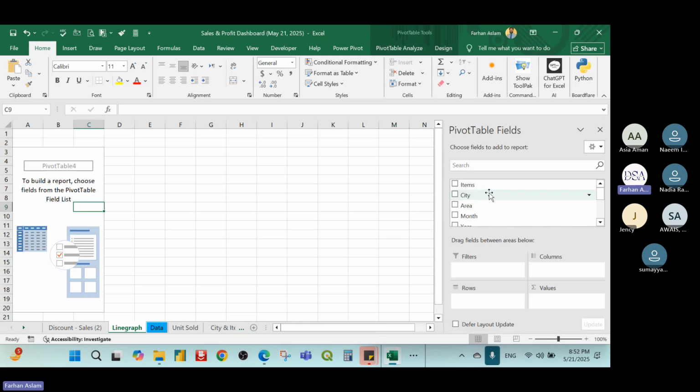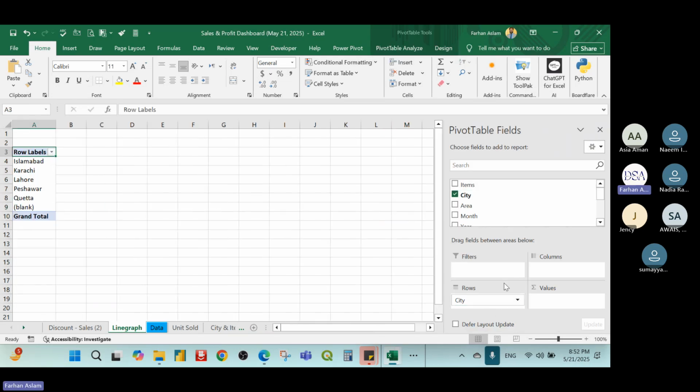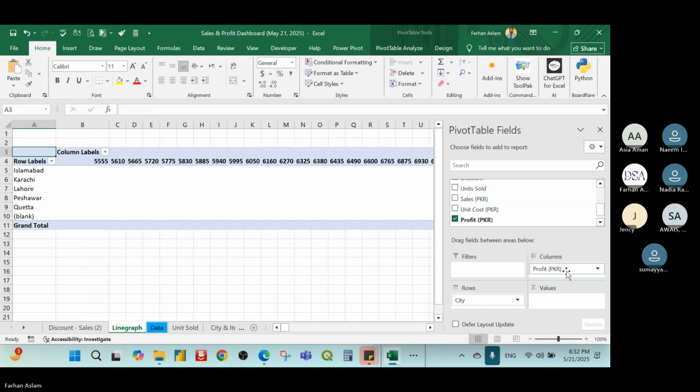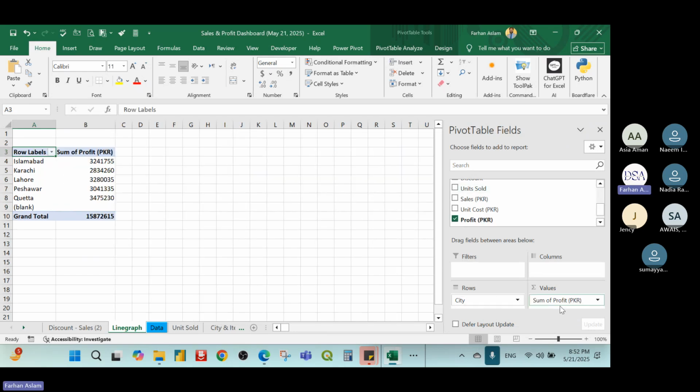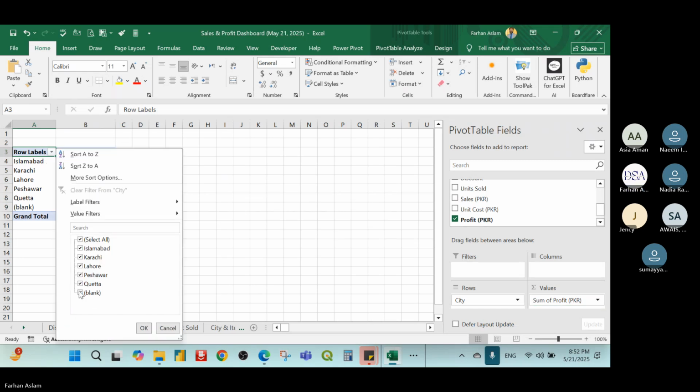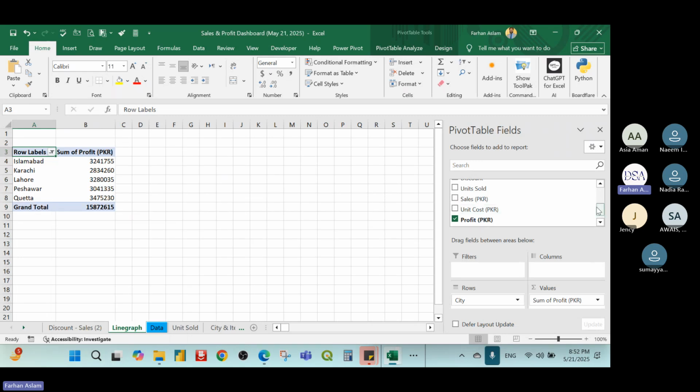So what we want to see in this line graph is city wise profit, not like this. Profit should be here, city wise profit, and also there must be something. Yes, year wise. So usually when we talk about the duration, we mention we develop a line graph because a line graph